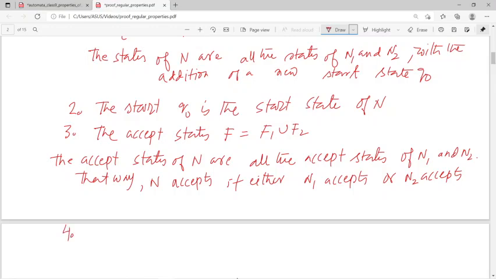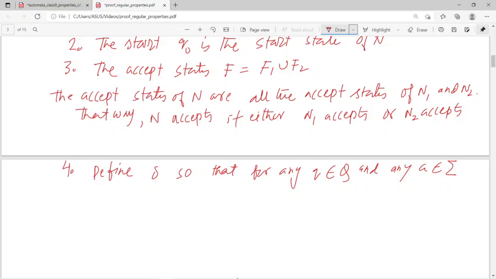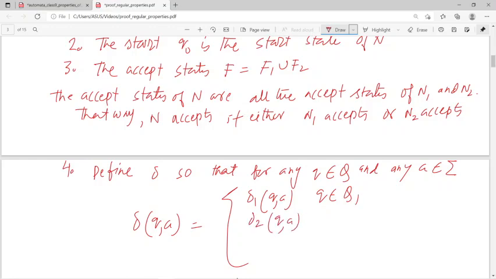Now the thing is the transition functions. So we define delta so that for any state that belongs to Q and any input that belongs to sigma, তার ট্রানজিশন ফাংশনস গুলো কি হবে, আমি যদি এর ট্রানজিশন ফাংশনস কিউ এ কে ডিফাইন করি, তাহলে কি হচ্ছে, একটা ট্রানজিশন ফাংশন যেটা হচ্ছে কিউ এ তে পড়লে, যেখানে কিউটা হচ্ছে মেশিন 1 এর সেট অফ স্টেটস, একটা হচ্ছে কিউ এ তে পড়ছে যেখানে কিউটা হচ্ছে মেশিন 2 এর করসপন্ডিং ট্রানজিশনস, আরেকটা হচ্ছে আমার কি হতে পারে, আইদার Q1 Q2 তে যেতে পারে, যেখানে কিউটা হচ্ছে Q0 মানে ইনিশিয়াল স্টেট অফ দ্য নিউ মেশিনস, এবং এটা হচ্ছে এপসাইলন।